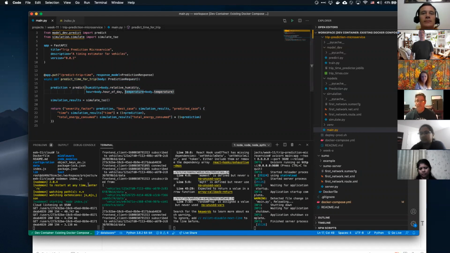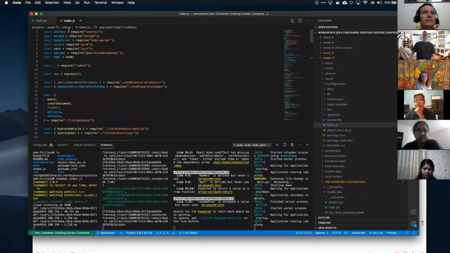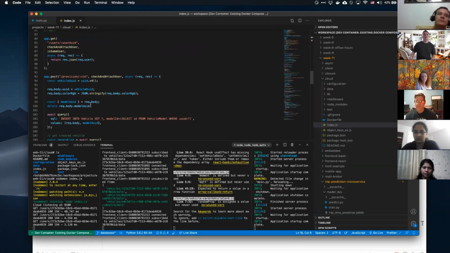What I've got here is I've booted up my cloud. I've booted up our MQTT broker, and I've booted up our front end. So just the same stuff. I just did it while over break. Stuff that you guys should be very familiar with by now. And so if we pull up our cloud, we've got all of this kind of good stuff.